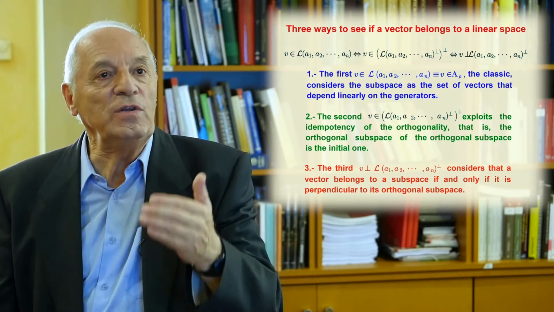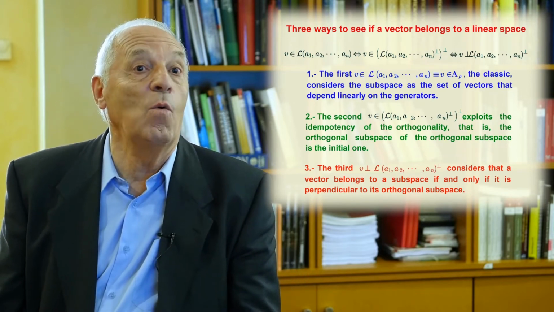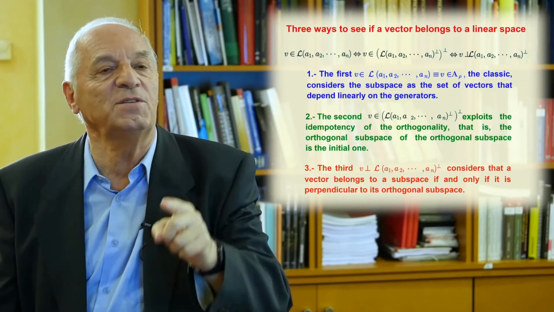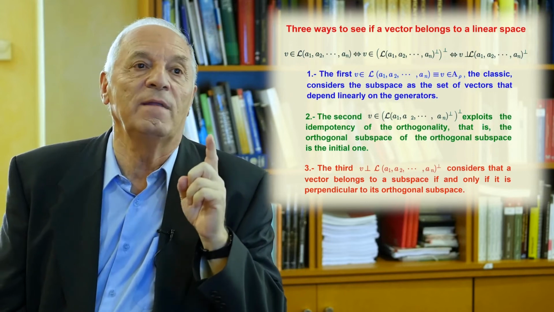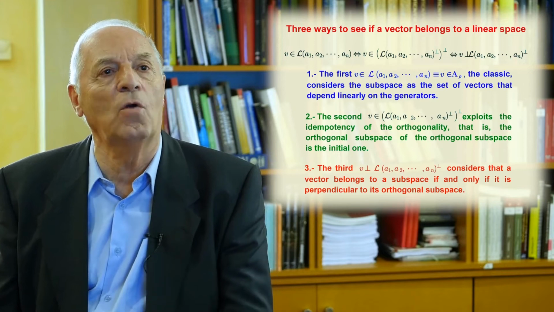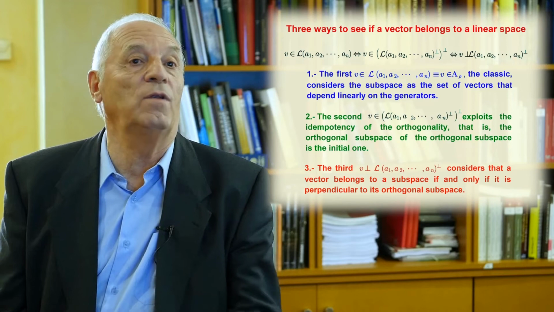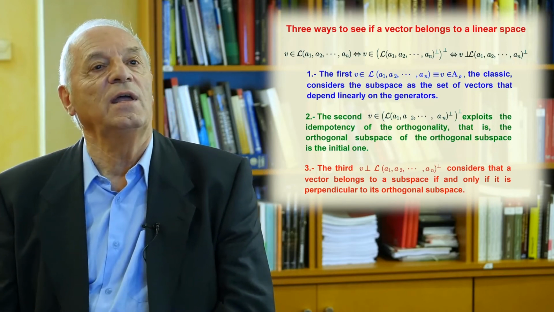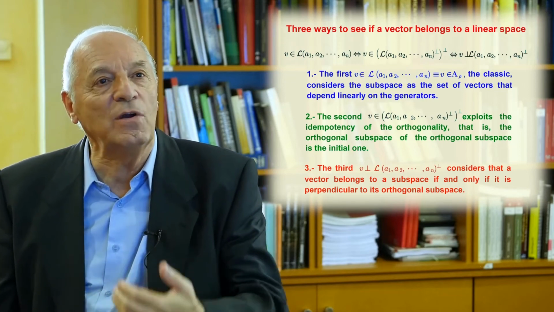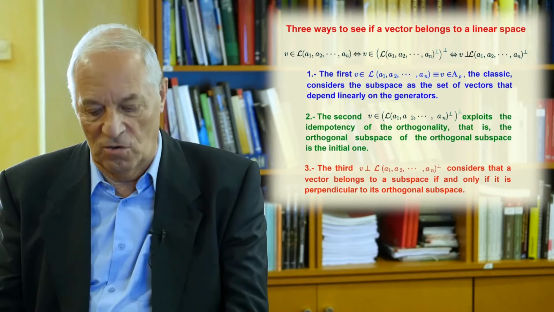First, you need to determine the orthogonal subspace to the L space. And once you have determined that, you need to check that v is orthogonal to that subspace. That means multiplying v scalarly by all the generators, and if the products are all 0, then the vector will belong to the subspace, and otherwise it will not belong. So you can see that if we put on new glasses that allow us to see the world from the orthogonality point of view, we discover one way of solving this problem.